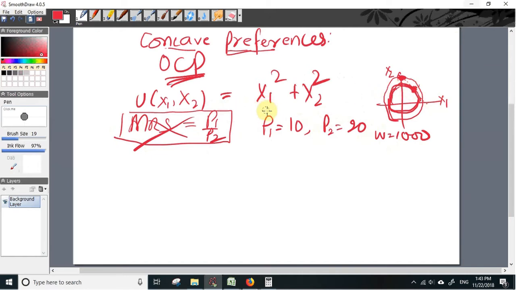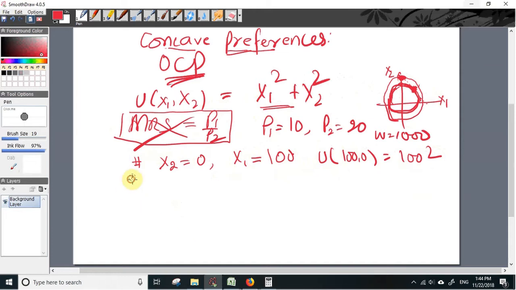So if the indifference curve is concave, it is sure that the consumer consumes only one of the commodities, either x1 or x2. Now we just calculate: if the consumer spends all of his income on the first commodity only, that is x2 is 0, how much can he purchase? So this is W over P1, and he can purchase 100 units, and the utility of (100, 0) will be simply 100 square